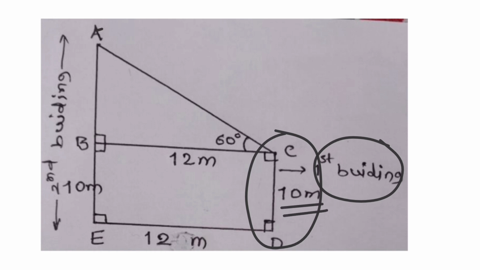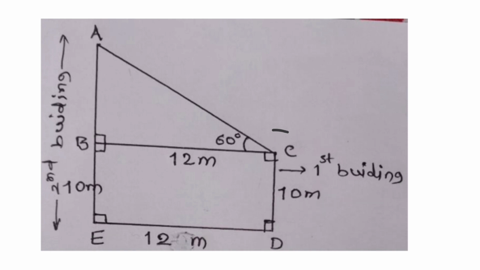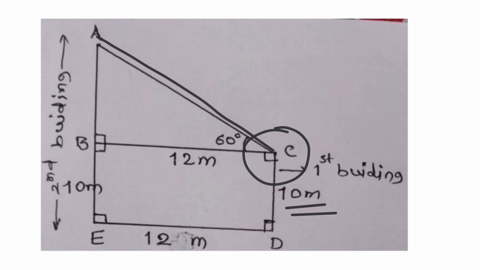Now this segment AE represents the height of the second building. That is unknown, we don't know. Now here from the top of the first building, which is 10 meter high, an observer looks at the top of the second building,